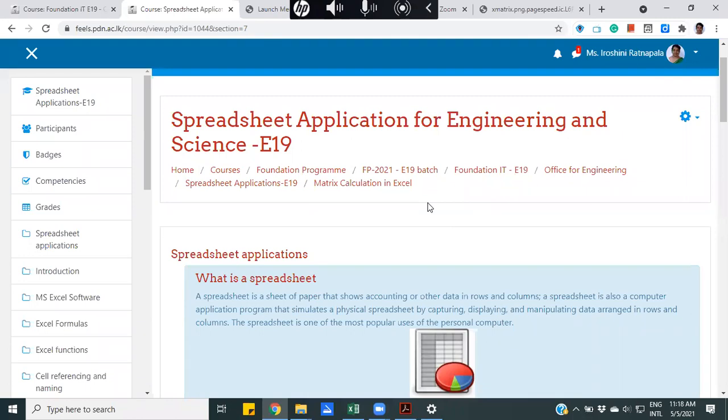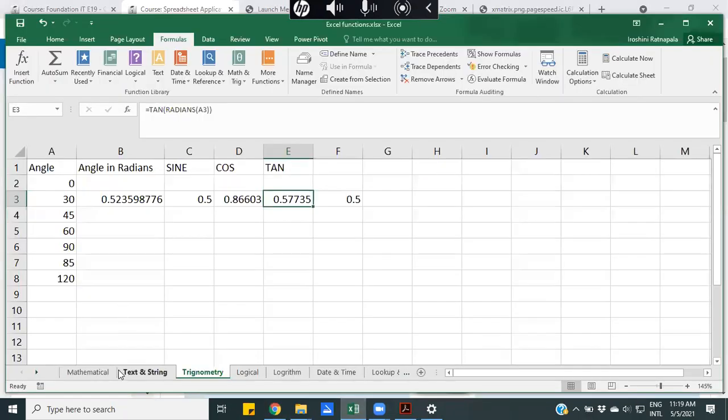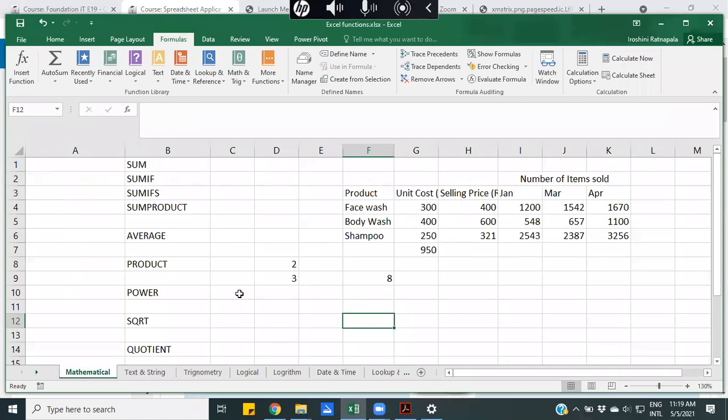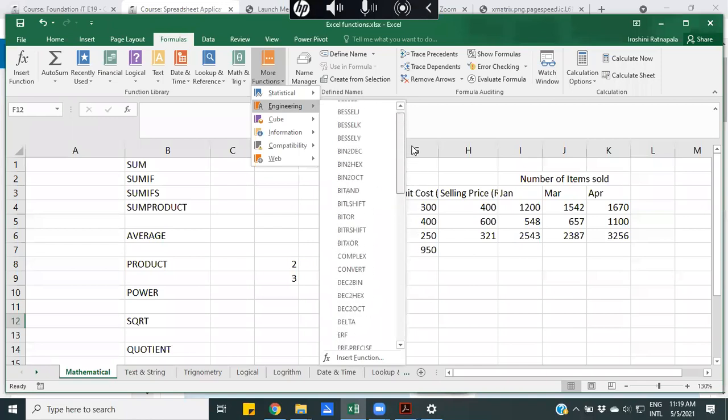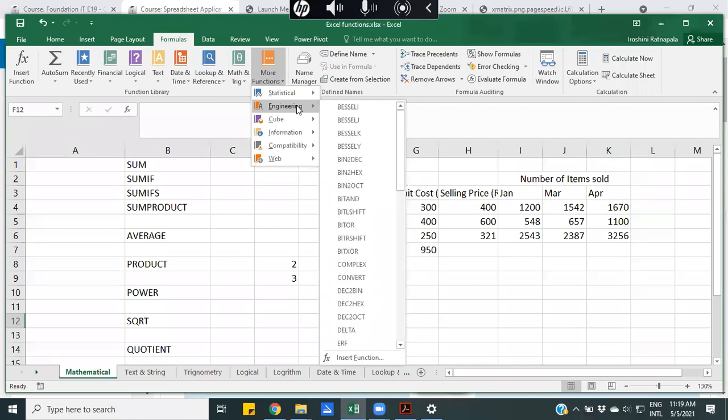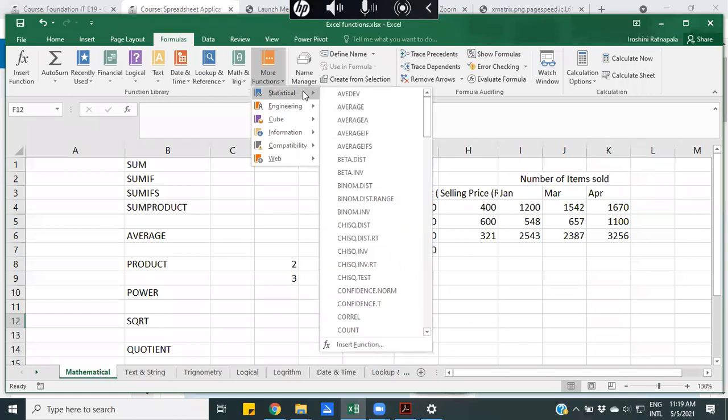Anything, and if you want to clarify, or if you cannot understand something that I discussed today, even from the functions in Excel, I wanted to show you. There are a lot of functions available in Excel, and when you go there, can you all see that even for engineering it has a lot of functions. That's why most engineering people use Excel for their data calculation purposes, especially for statistics.